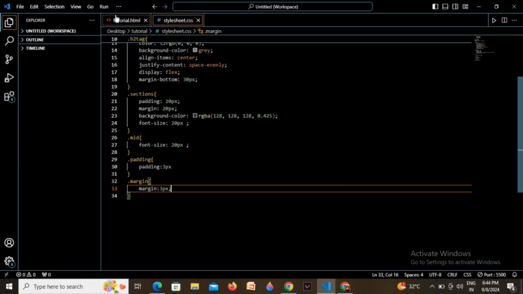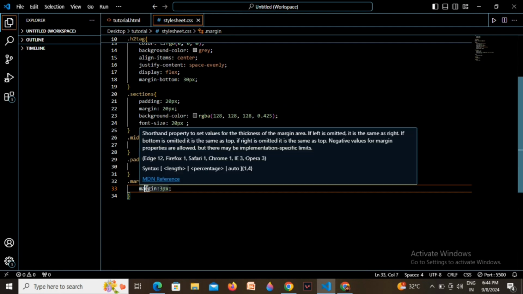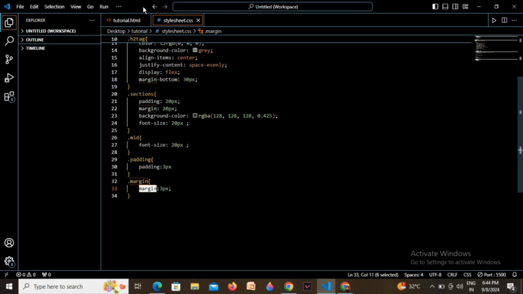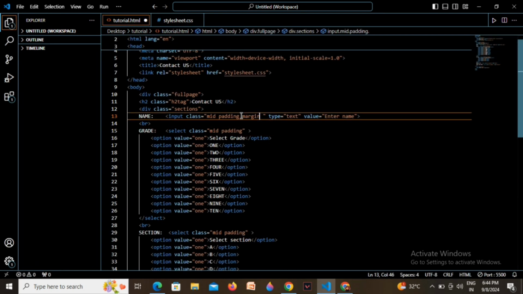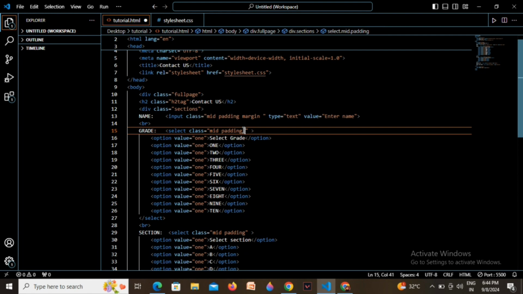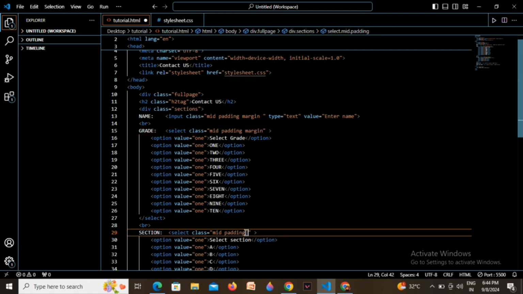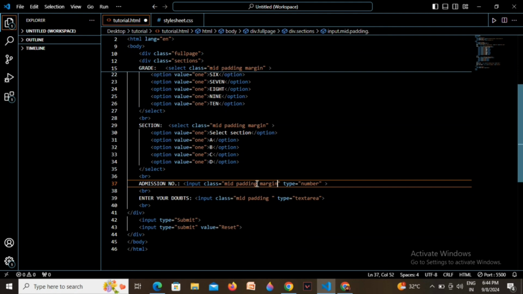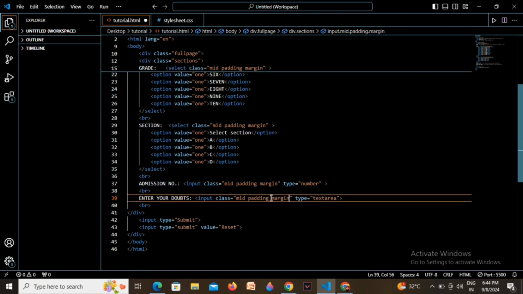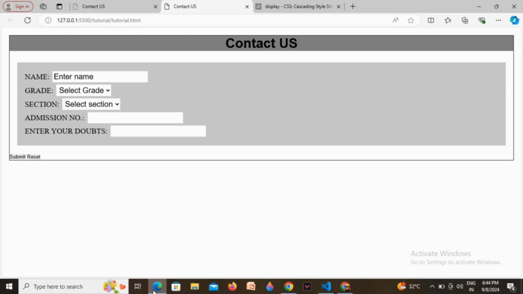Save it again and then add this margin in all the name, grade and other things along with padding. Let's save it and see what does it look like. See, we got some spaces or some margin in between.